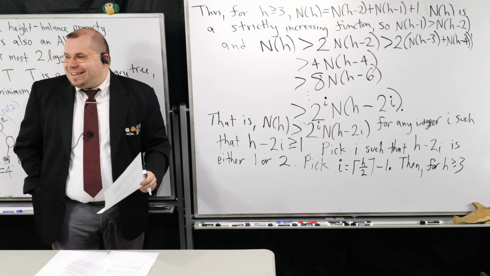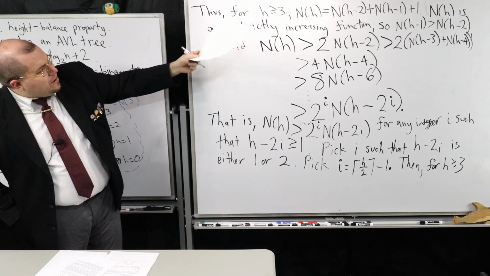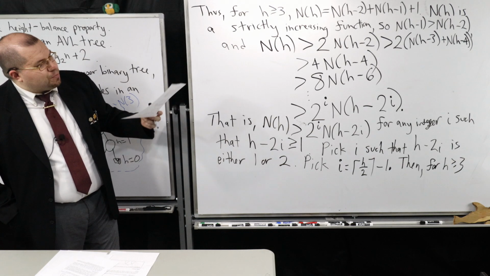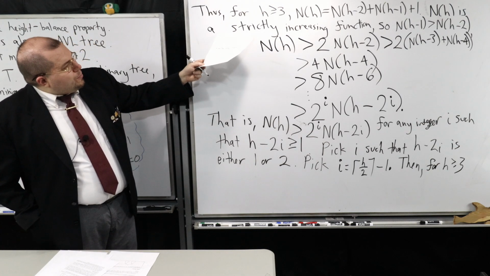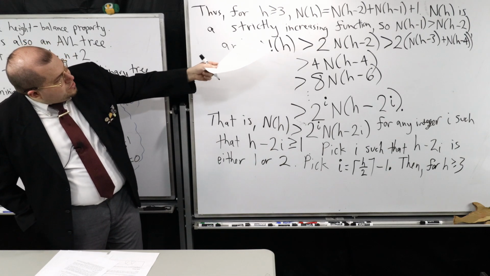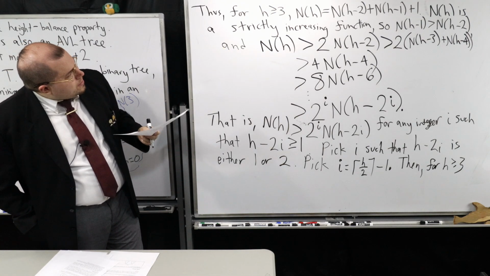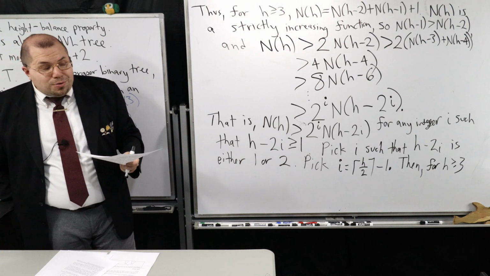That's very slick. So can I go over it one more time? I have the definition for n of h that I gave here. You can prove that this is indeed the case for the AVL trees. And then what I'm doing is I'm simply replacing each one of those, see those n of h minus 1s there? Well, I can replace each one of those with n of h minus 2, and that makes